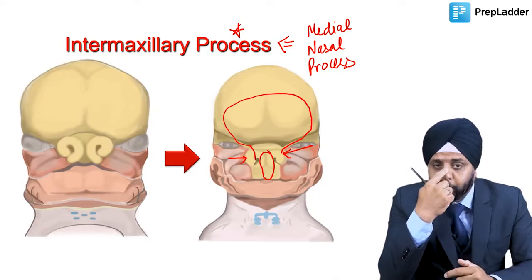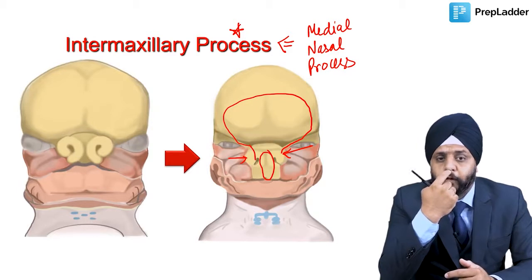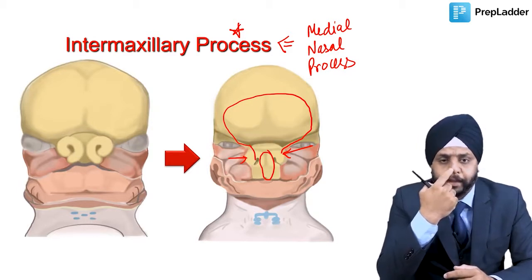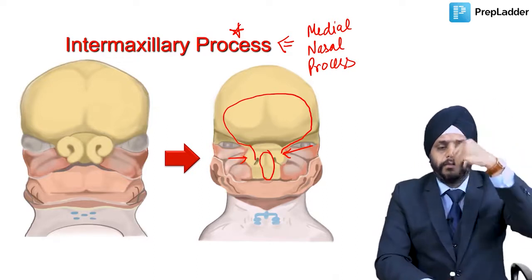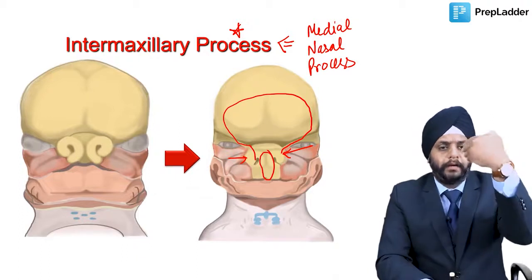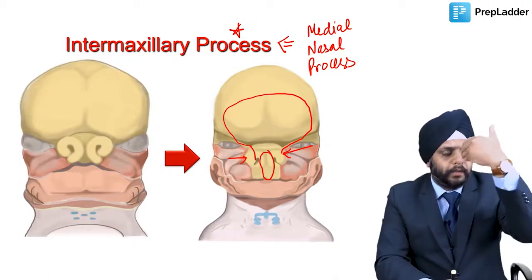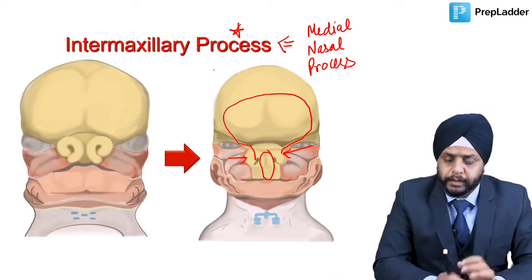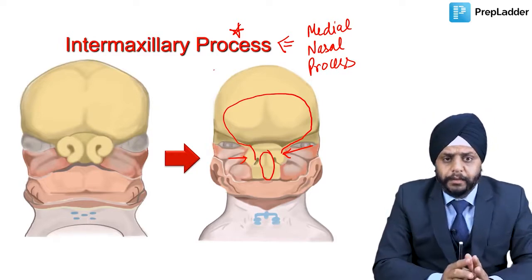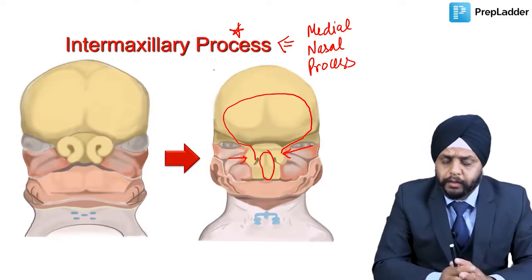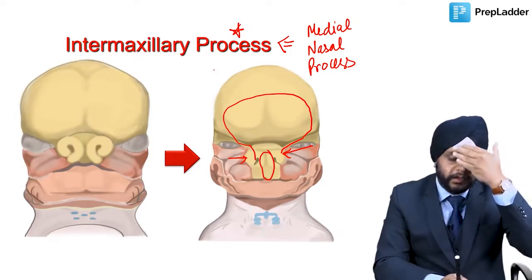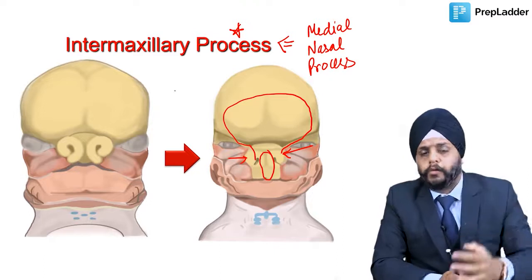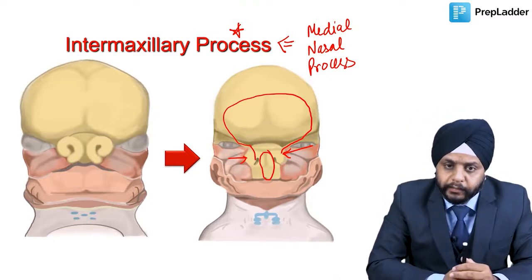So the majority of the bridge of the nose is formed by the frontonasal process, except this part, the tip, columella and philtrum, which we have seen is formed by the intermaxillary process, right? Remember, the frontonasal process, when it is growing down, it also gives a septum. It gives a process in the midline that forms the nasal septum, and the nasal septum divides the nose into two nasal cavities. So the frontonasal process, other than forming the front of the face, also contributes to formation of the nasal septum.